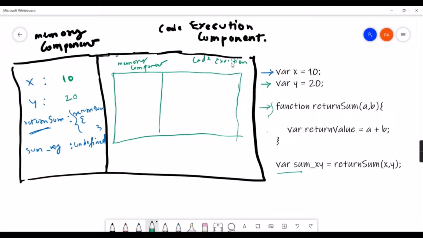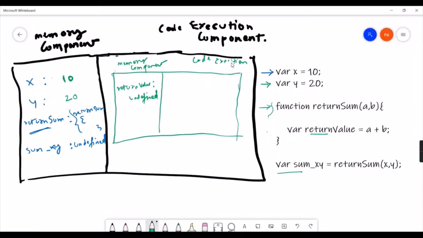Now inside a function, what will happen? So it will check. The first statement is variable this, so it will create a return value variable, right? And assign value as undefined to it. Now this is the memory creation phase for this local execution context specific to this function, right? Now the code execution phase will start for this function.